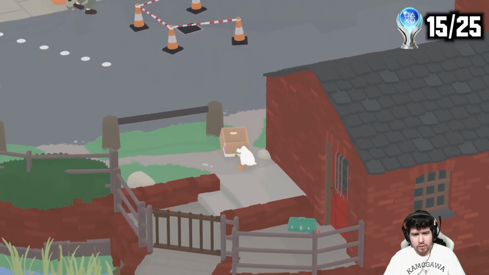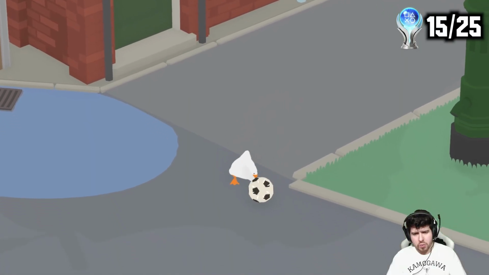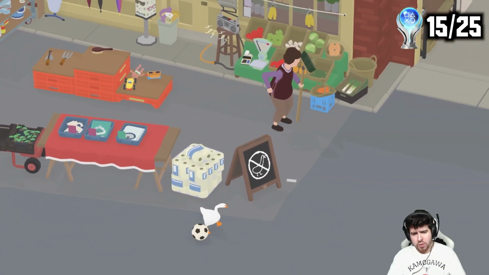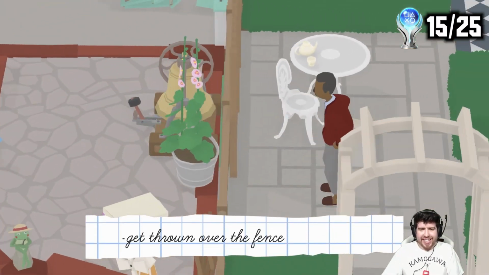For the next trophy, we had to take a box all the way back to the back gardens. And there was more. We also had to take a soccer ball as well. And just like with the cabbage, we had to take our time to be able to roll it around and finally get it where we were supposed to have it. The goose then jumped inside the box and got thrown over the fence, granting us a new trophy,